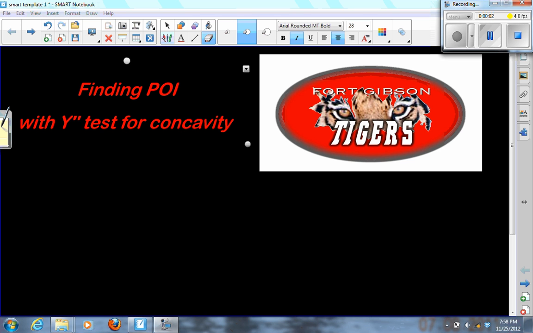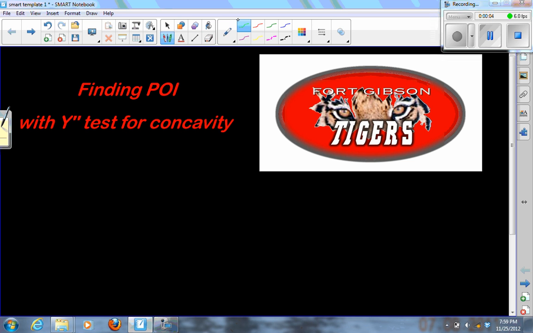So just like there's a video and a test for increasing, decreasing, there's also a test for concavity. And this video is going to be about explaining exactly what is concavity and why the second derivative test will find concavity on a function. So concavity is basically